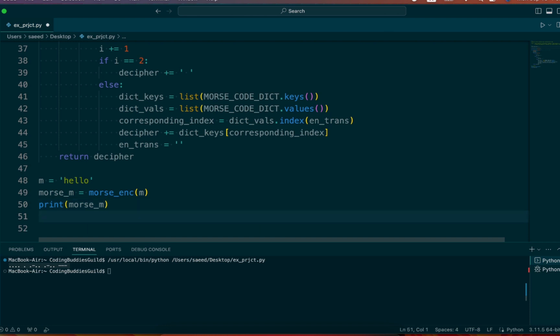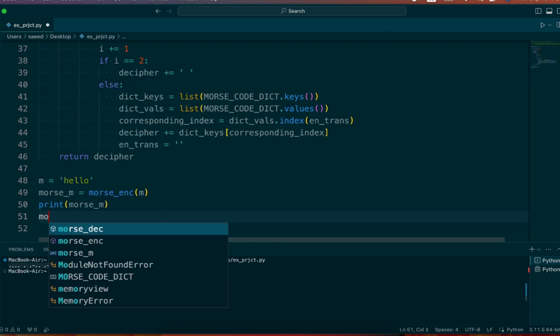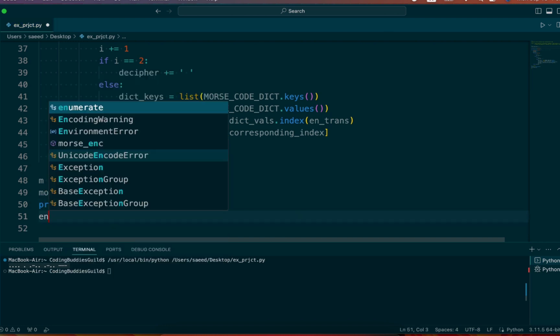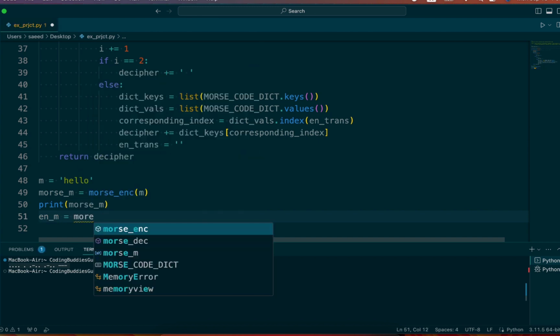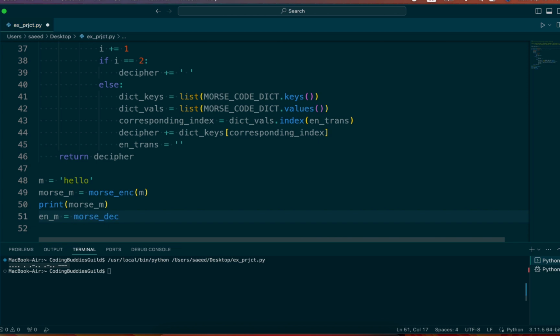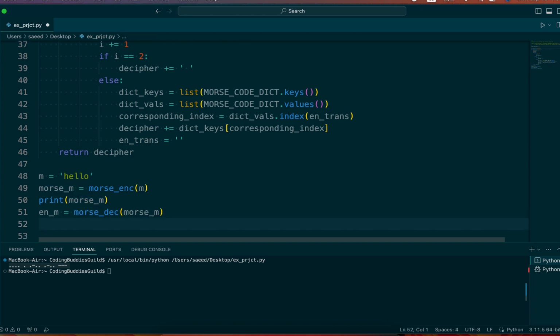And then I'm going to go English message is Morse decode, and I'm going to give it the encoded value in Morse,